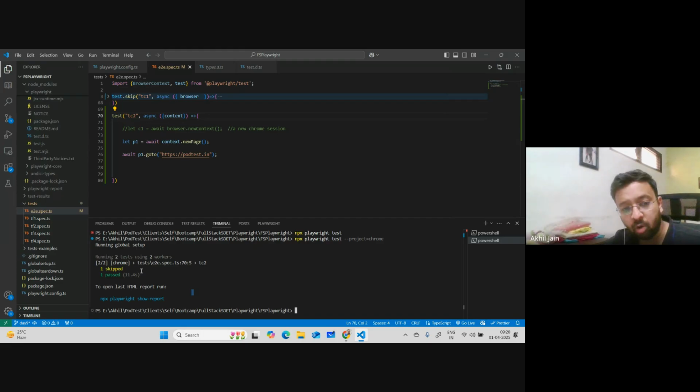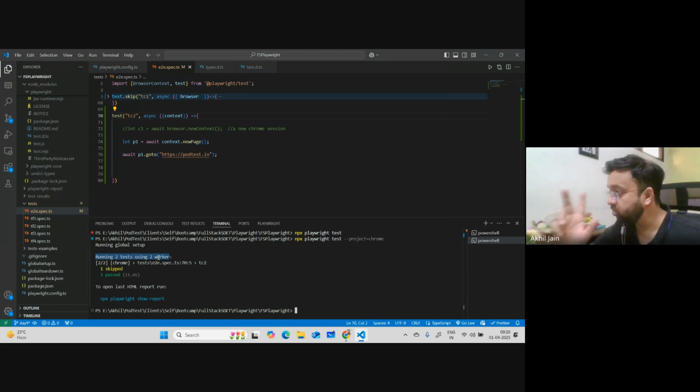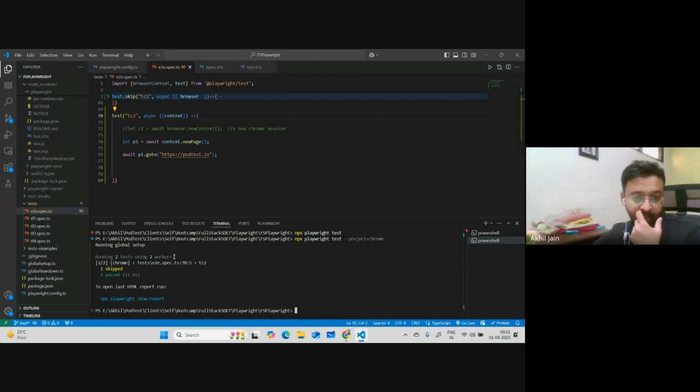Test case 2. Although the description of the worker says that this worker was assigned 2 test cases to run, that worker found out that one test is skipped, so it did not run it. But in the log, you might see this and get confused. But the confusion is from the way the documentation or the logging is done. What happens here is, here it is printing like